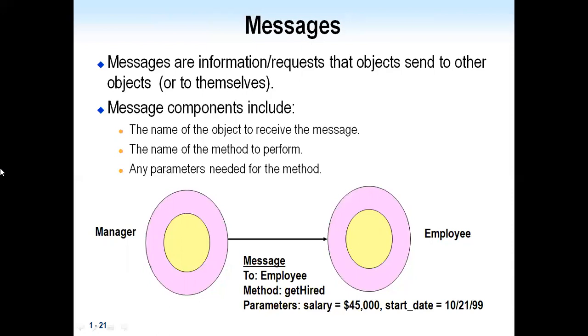Suppose the university sends a message to the principal, who receives the message and sends a reply to the university. Suppose a faculty member sends a message to the student, the student receives the message. After receiving it, the student can reply to the faculty by a reply message. So there are two types of messages here. One is the sending message, and the second is, after receiving the message, the object can reply. If any reply is required, it requests and sends the reply.